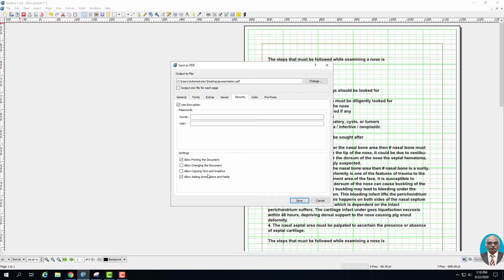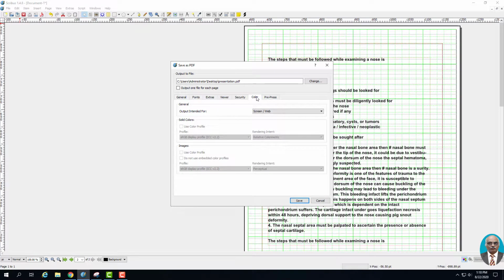And then I will advise you to keep this box checked because it allows the user the freedom to annotate the text. That will be helpful when the user is a serious user who is using your text for a serious purpose like studying. So the scope of adding annotation should be given to the user. And then don't forget to press save after you have created all the settings.